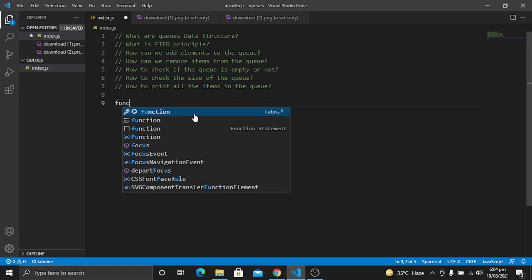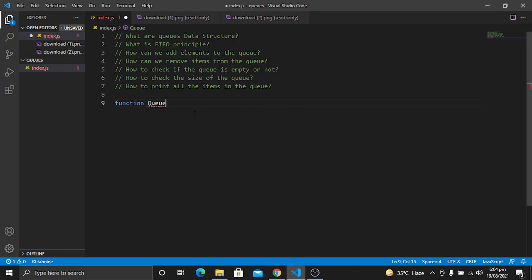First of all, create a function with the name of queue, and then I will create an array. We will use the array data structure to represent this queue. So I will create an items array, and then I will write some functions. So let's create a function. This function name will be this dot enqueue,